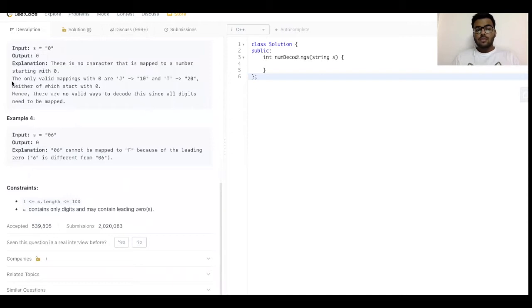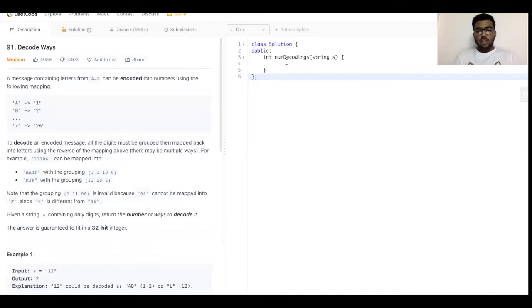The only valid mappings with 0 are J, which is 10, and T, which is 20, neither of which starts with 0. So if a string starts with 0, it cannot be decoded. 06 cannot be decoded, so the answer would be 0.